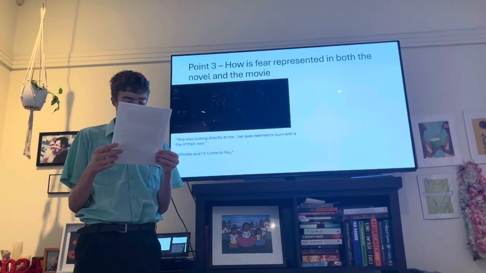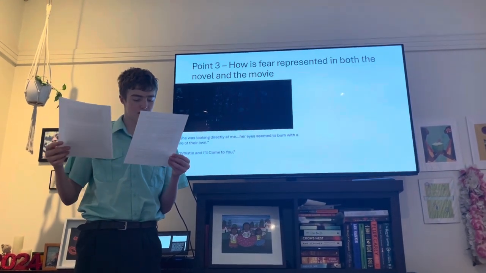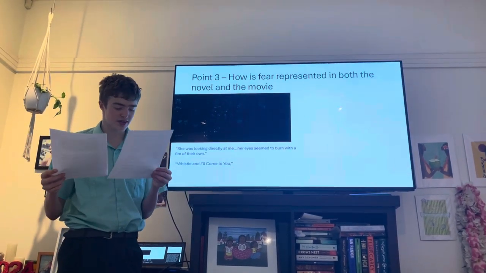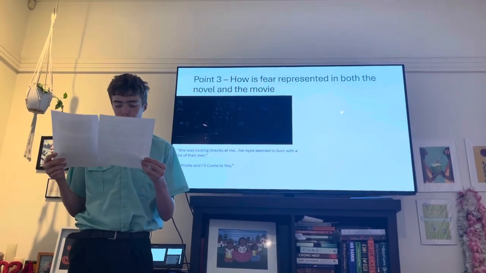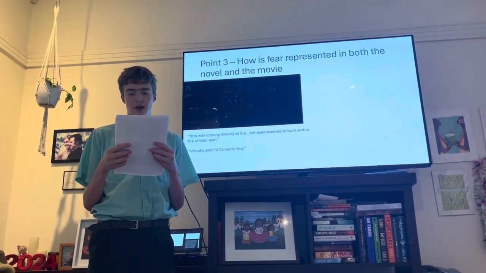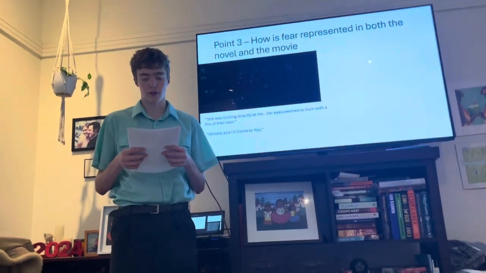The second cinematic technique used was the camera angles. The camera zooms into the kids' faces, in order for the audience to get a clear view of the kids' terrified faces. The third cinematic technique used was sound effects, with the use of the children's gentle and quiet whispers and gasps for air in contrast with the environment, which makes their fear and the viewer's fear even more palpable.